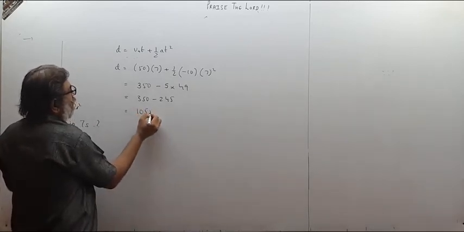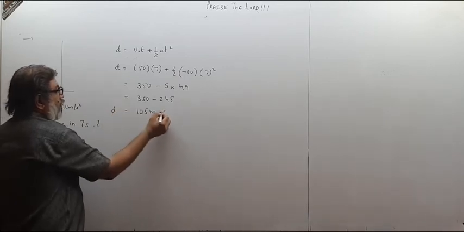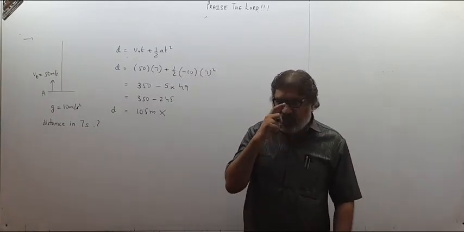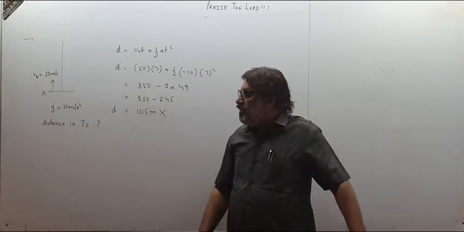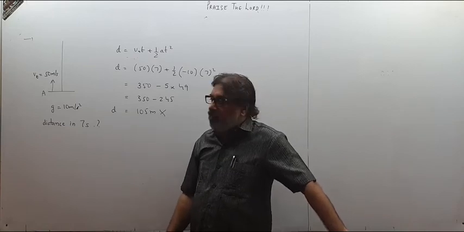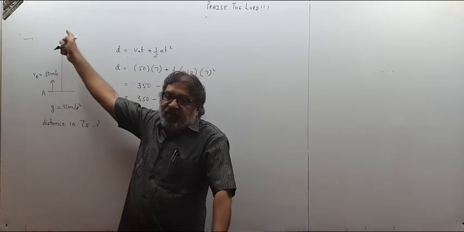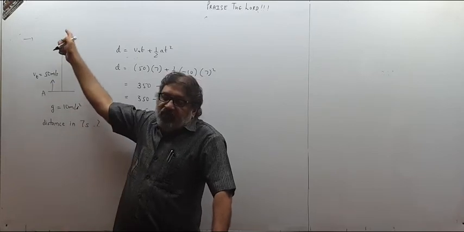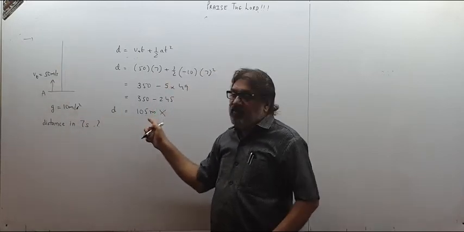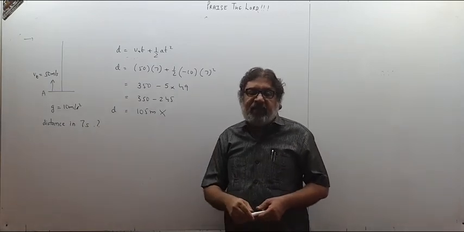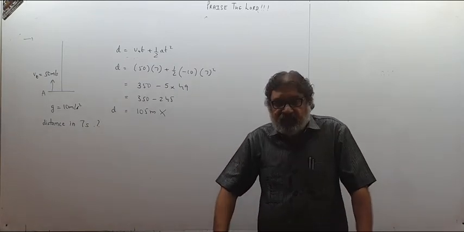105. So this is 105 and this is the wrong answer because this is displacement, not the distance. Why, children? Because you have to first understand that in the time interval given to us, it is possible that the stone has reached the maximum height and then it is coming back. So that will not be the actual path then, because then it will be the displacement.